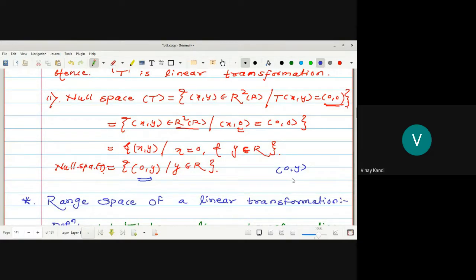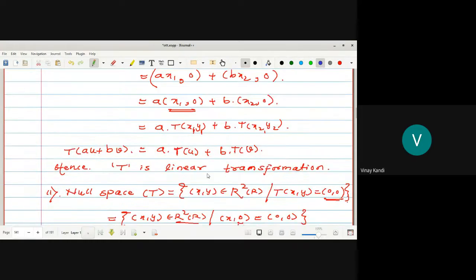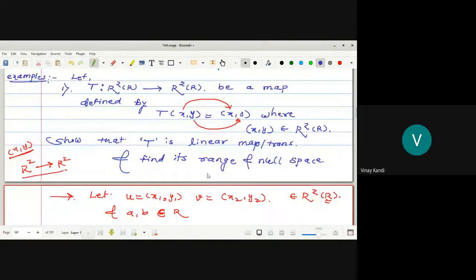But you apply T on this element: by the definition of T, the x coordinate stays as it is, which is 0, and y transforms to 0. So (0, y) is not equal to (0, 0), but T of (0, y) is (0, 0). Hence this transformation T of (x, y) equal to (x, 0) from R2 to R2